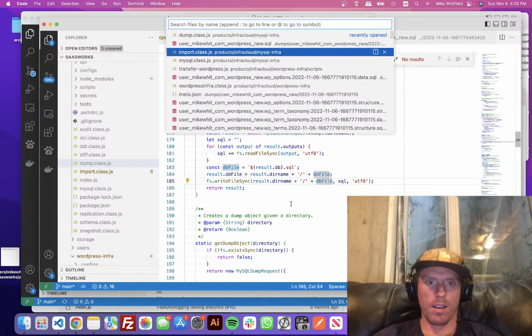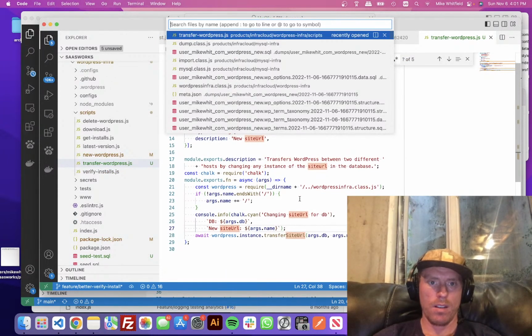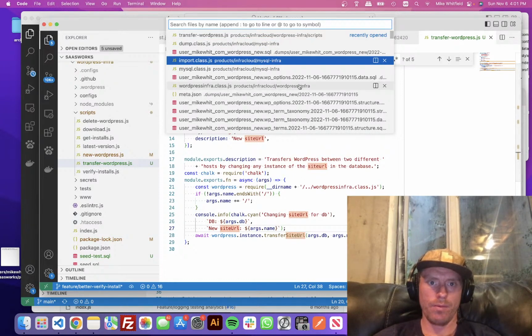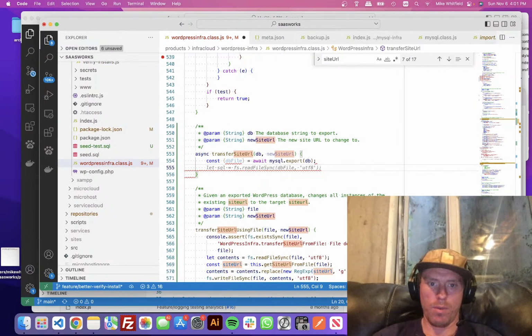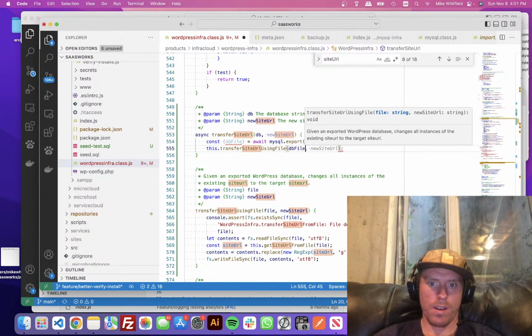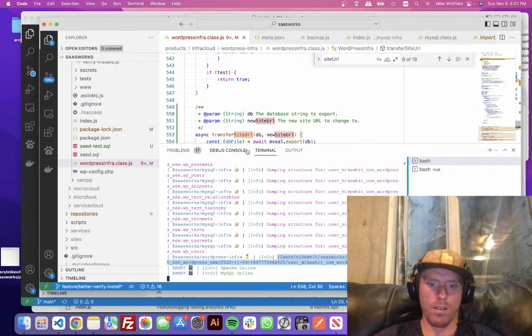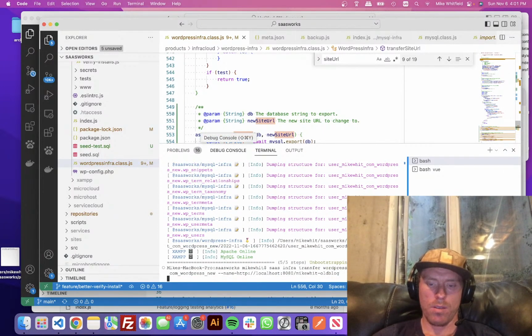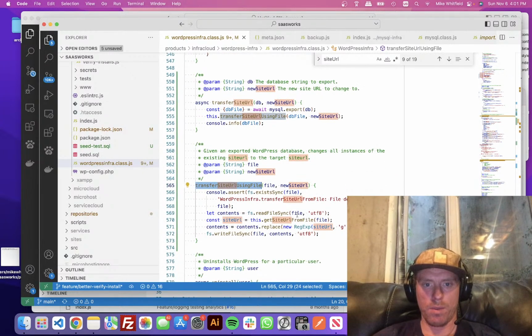Okay, so if we go back to this one, now it has a fully resolved URL. Now go back to WordPress infra, and we can take this DB file, and now we can run this second. This DB file, exactly like that, and then we will console info DB file right there. Boom. So we're going to run that, and then what we should see, since I've already tested this function from last time,